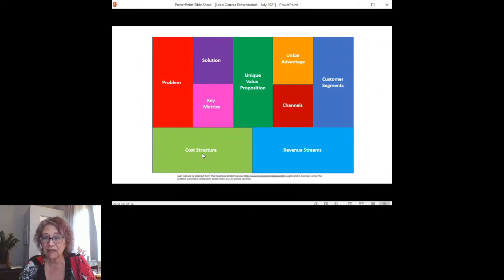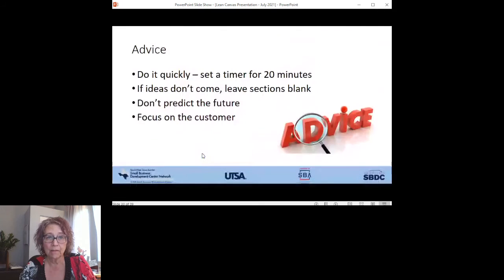Especially if you don't need a full-fledged business plan. Here's some advice. Do it quickly. Set a timer for 20 minutes and then stop at the end of those 20 minutes. If those ideas don't come right away, just leave the sections blank and don't worry about it. Don't try to predict the future. Granted, you've got to make some estimates on what may happen with the business, but don't get hung up in